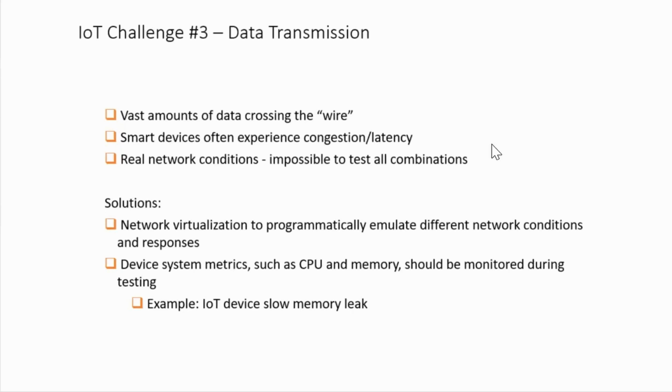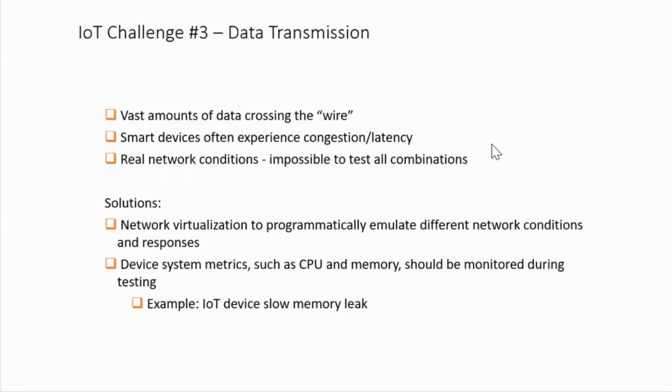Obviously, performance monitoring tools, there's lots of those out there you should look at. So a common one that we found in the IoT space is memory leaks. They're slow. They don't happen quickly. So you run your test, let's say you run a load test, and then everything's fine. Everything worked great.